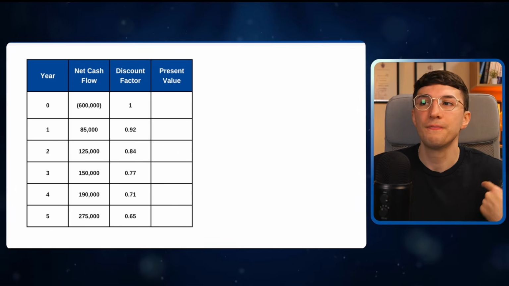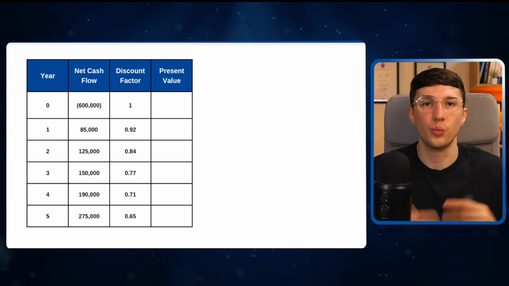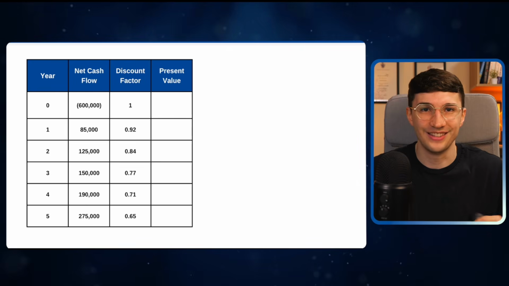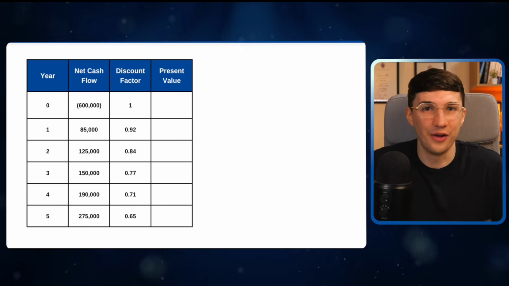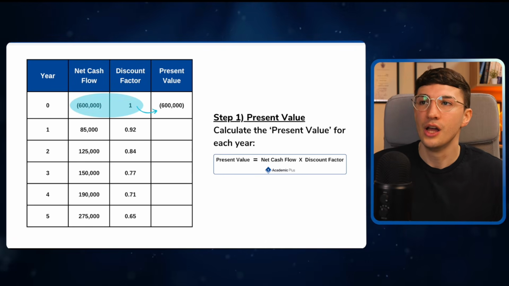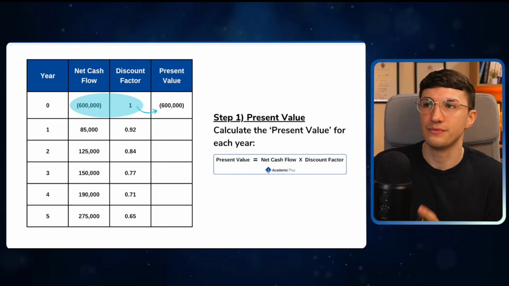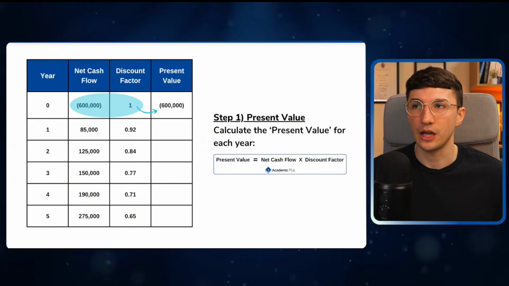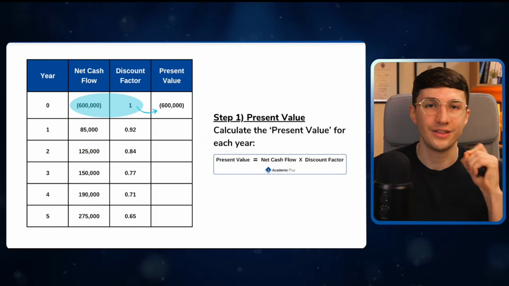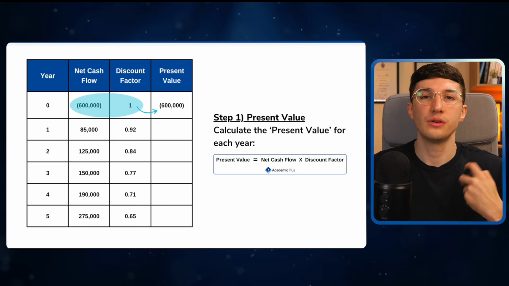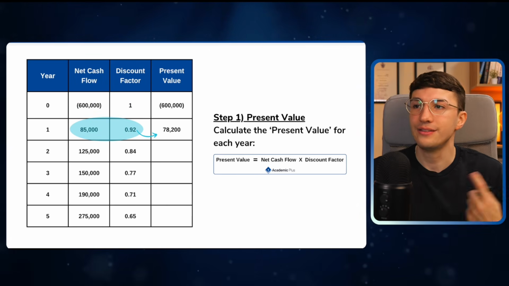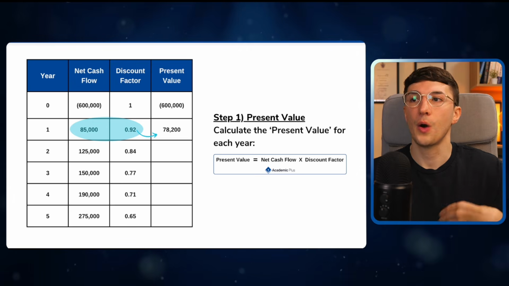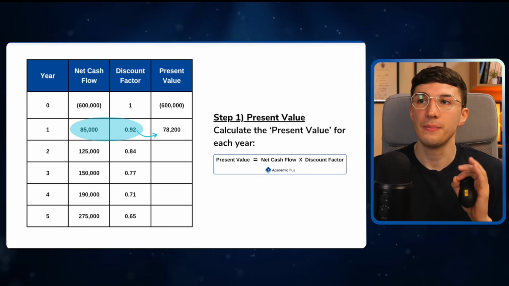So as we can see, for year 0, the discount factor would be 1 because we're talking about in today's world, well, minus £600,000 today is going to be worth minus £600,000. So how we calculate the present value is we take the net cash flow and multiply that by the discount factor. And then we're going to do the exact same thing for year 1. So after 1 year, we do £85,000 of the net cash flow times by 0.92 to get me a present value of